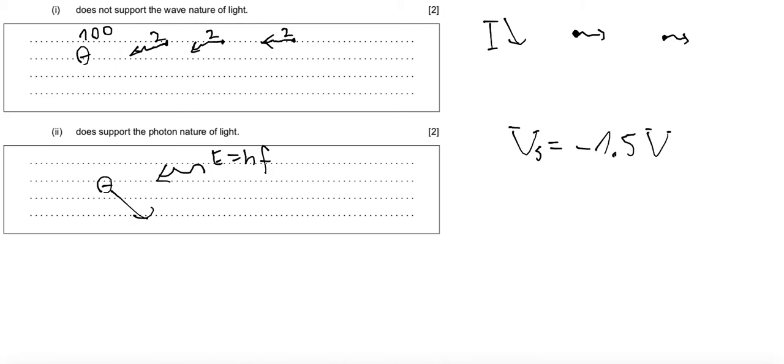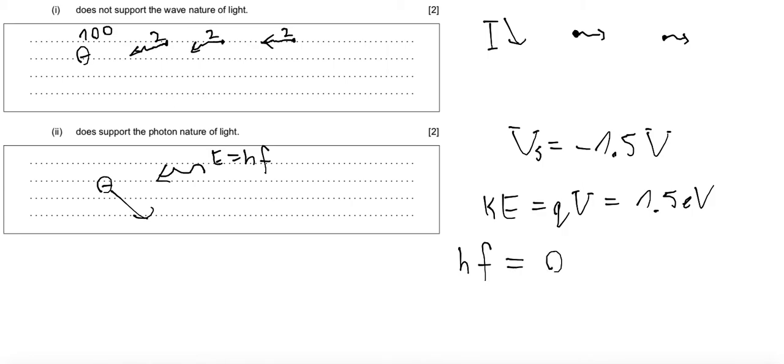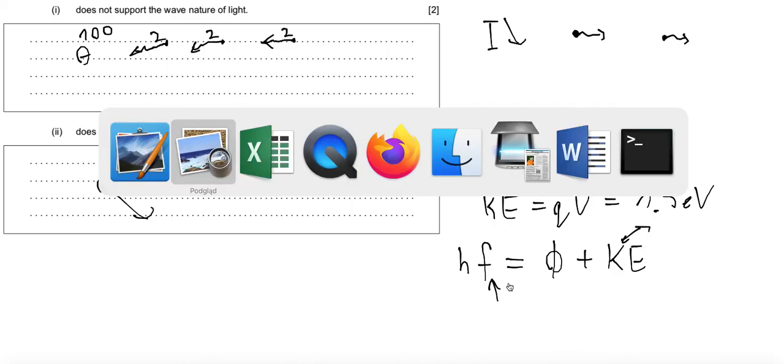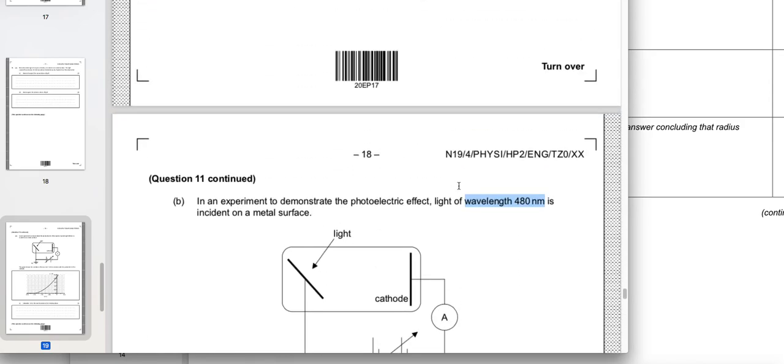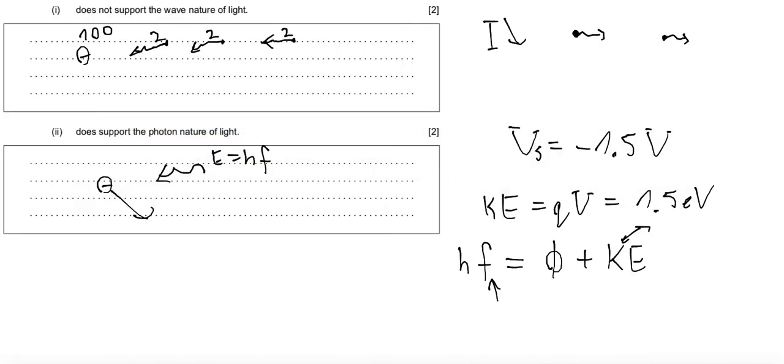So we can calculate the kinetic energy of the electron, Q times V, which is 1.5 electron volts, and using the equation that frequency times Planck's constant is equal to work function plus kinetic energy, of course converting it into joules. Frequency is not given directly because we have wavelength, so frequency can be found by using